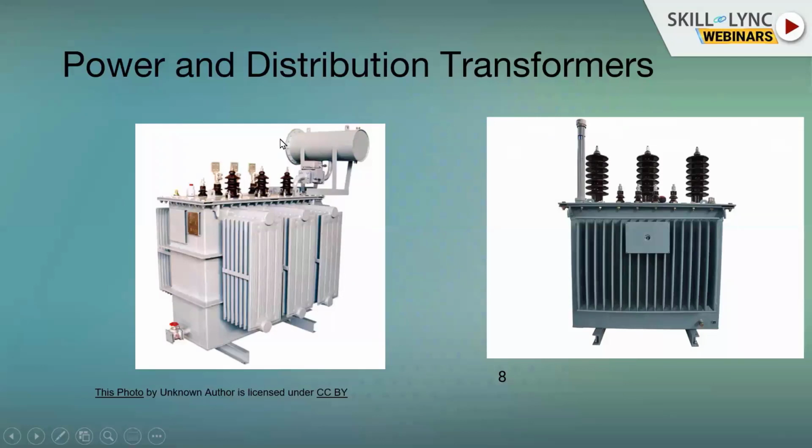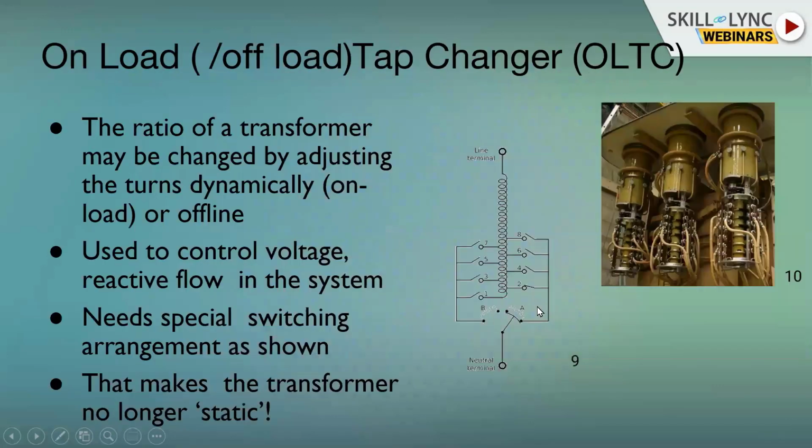So the power transformer would typically have the bushings and all you can see. And then there's also the conservator, we'll talk about it. A distribution transformer is small in size, which is typically mounted on a pole on the roadside. And I was mentioning changing the tap based on the impedance. Here it is. Here there are multiple taps. We change the transformer ratio by changing the taps here.